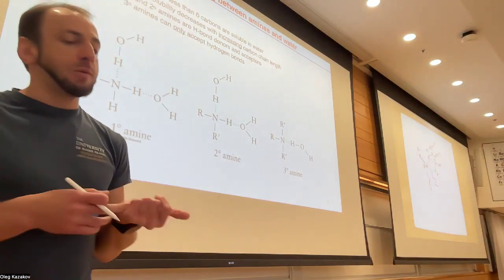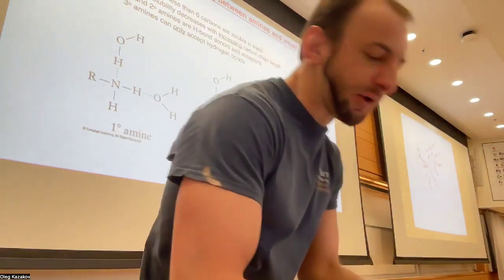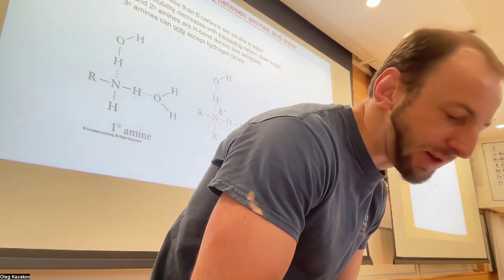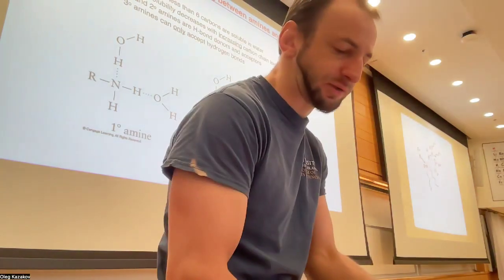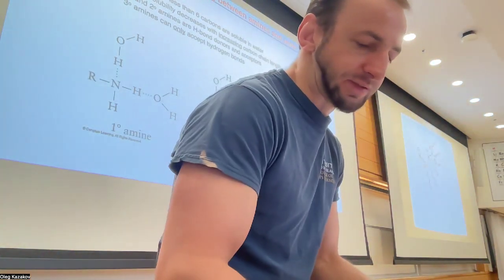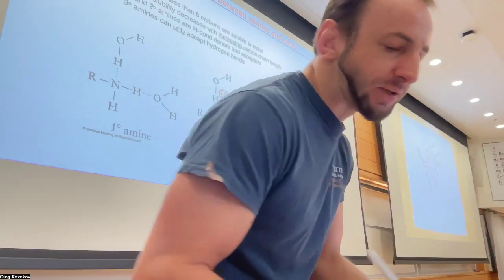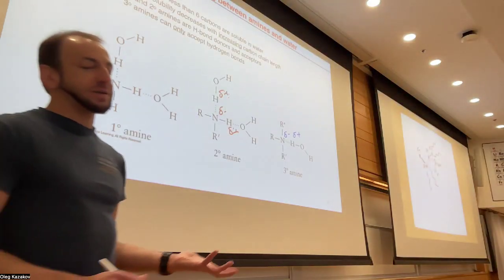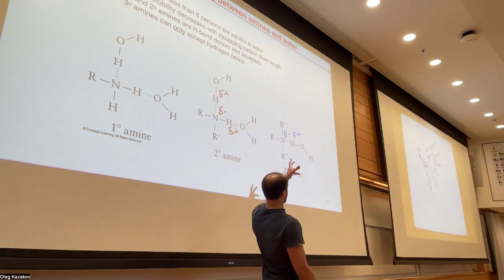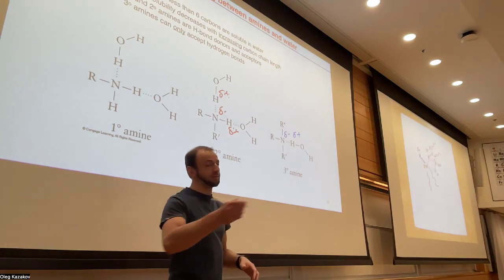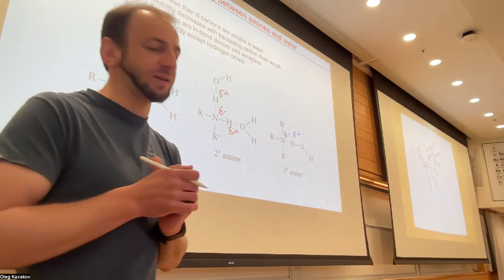So here, the common thing that you are going to notice is that if I look at the middle example, for instance, there is going to be delta minus on the nitrogen and delta plus on the hydrogen, right? That's pretty good. If I look at the rightmost example, same thing: delta minus, delta plus. According to physics, opposite charges will attract. So that's how you are going to align those molecules when you draw them on your own as you review, in the library or somewhere else, right?